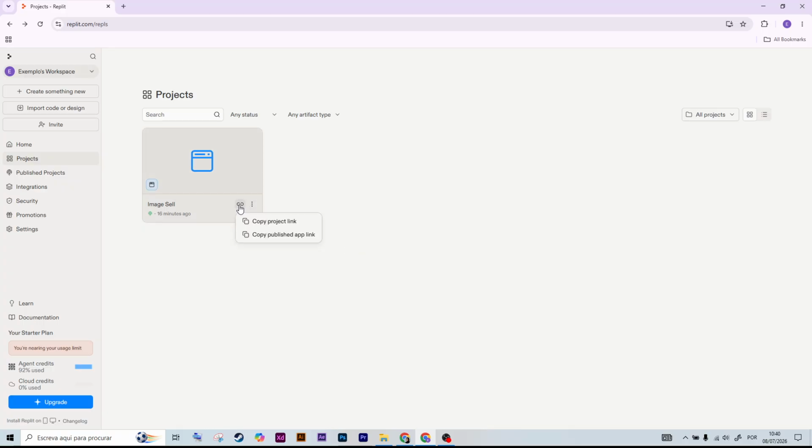Next, open a web browser on your phone, such as Chrome or Safari, and paste the URL into the address bar. After that, wait for the app to load on your mobile device and test its features to make sure everything works correctly. Now, if your app uses a responsive layout, verify that the interface adjusts properly to different screen